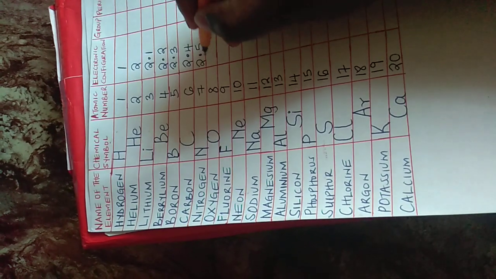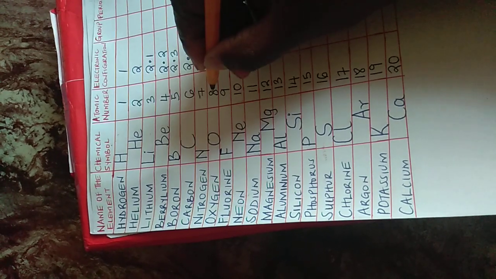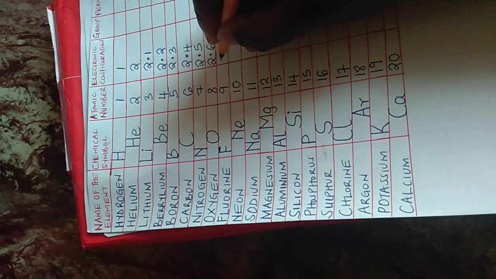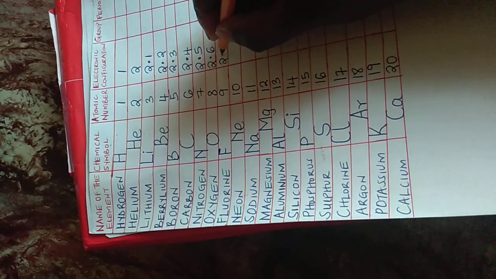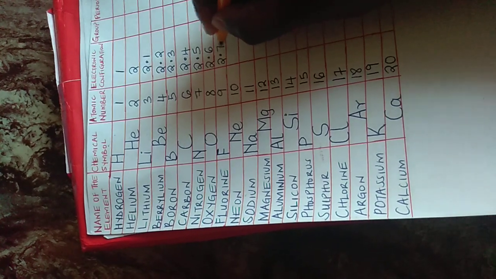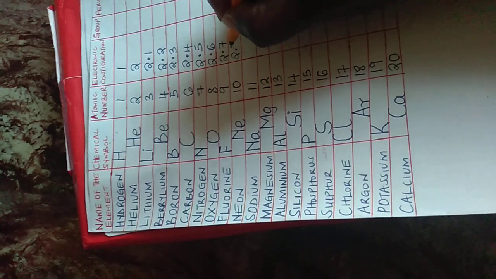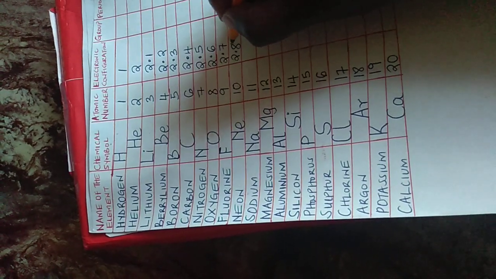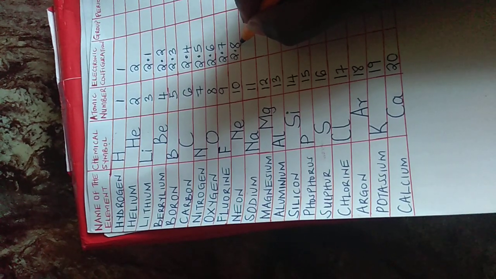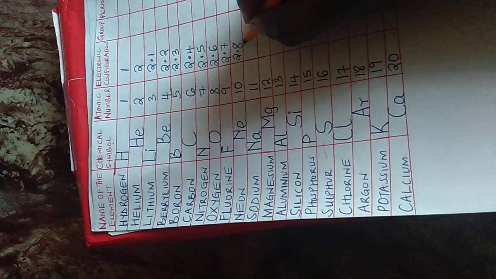In the second energy level, oxygen inajaza the first, inabakisha ngapi? 8 minus 2, inabakisha 6. Fluorine pia inajaza the first energy level, inabakisha ngapi? 9 minus 2, 7. Neon inajaza the first energy level, inabakisha ngapi? 8. Tukifikisha hapa kwa neon, unaona pia imeruka to the next point ya when you are writing electronic configuration,